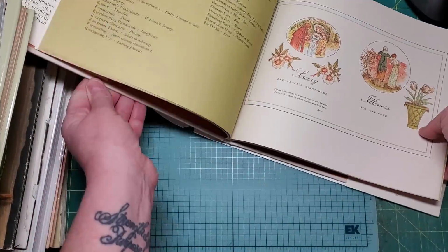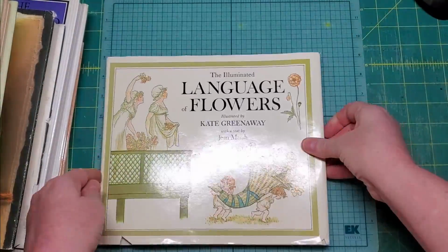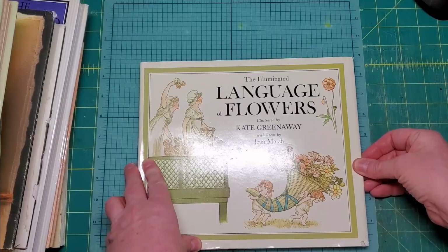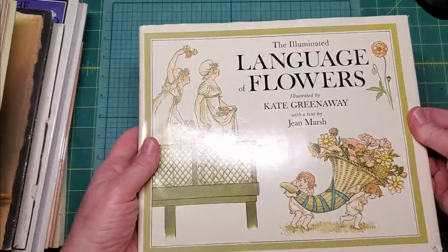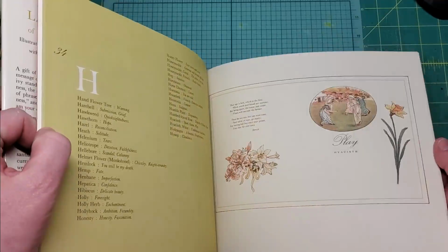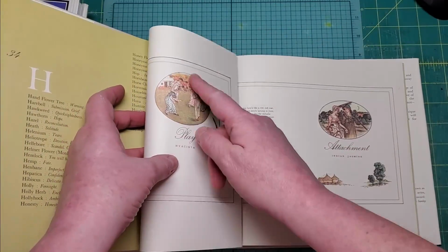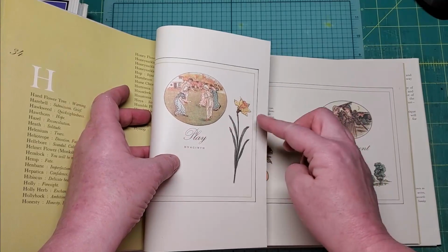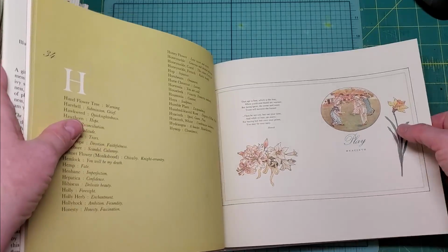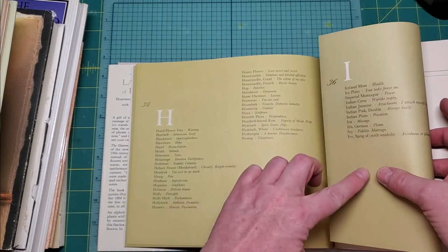So this is sort of like a picture book size. It's just better than 10 by 8.5 the pages. So those would fit really nice if you didn't want to fussy cut all of those individual pictures. They could be folded and tucked into a journal as a page. So for example, this one, if you fold it in half, you'd have this page with the daffodil, and then here's another little verse and lilies. And then on the back half, you have this blank green page. This side would have a list of different